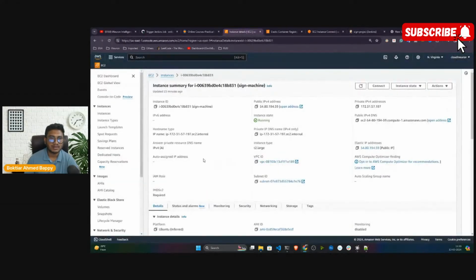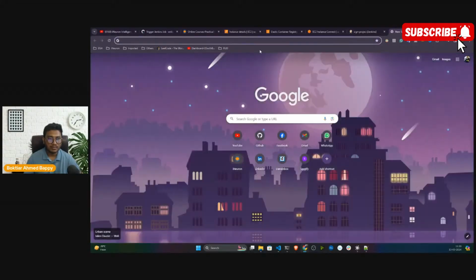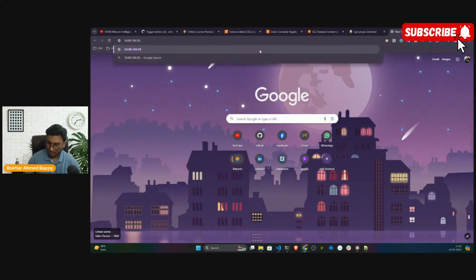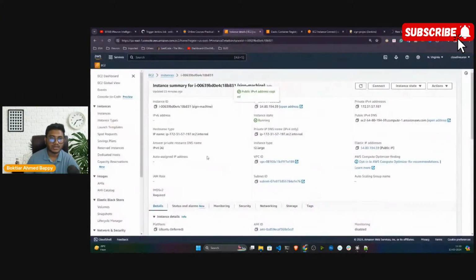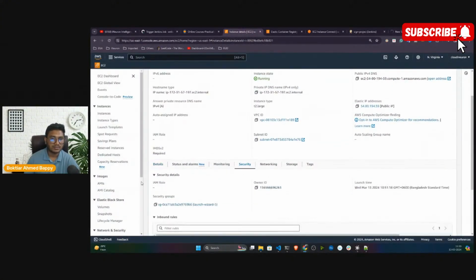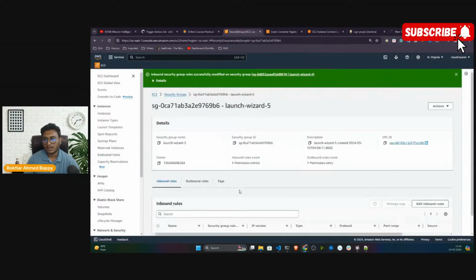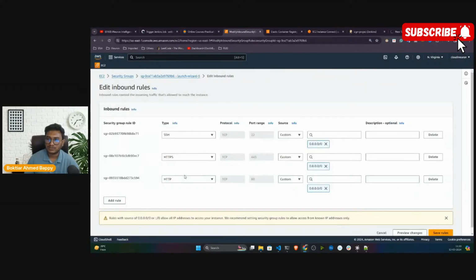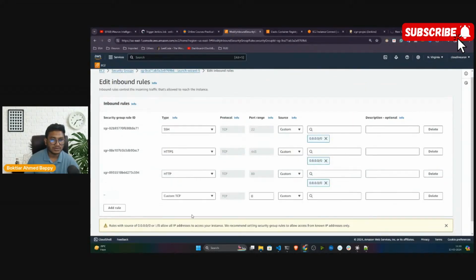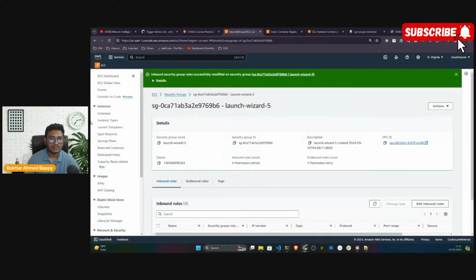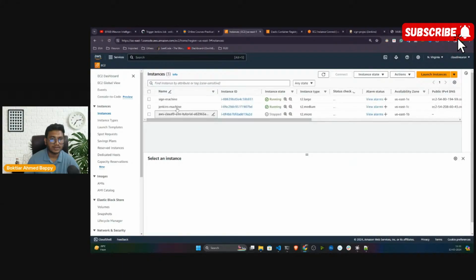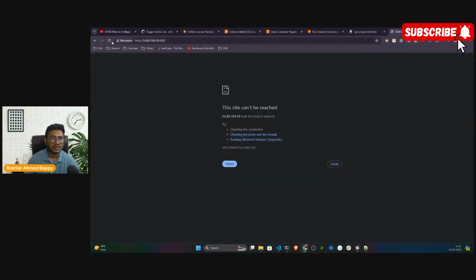Now if I go to my instance again, I'll copy the public IP. But if I want to access port number 8080, it won't work because I haven't associated this port number. So I have to associate it. Go back to the instance, click on Security, click on this particular security group, and click on edit rules. Select add rule, custom TCP, port number 8080, give 0.0.0.0, and save the rules. Once you do that, if I go to the sign instance again, now I think it should work. Now if I refresh,